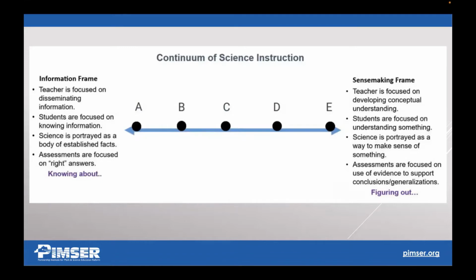This framework for learning science often created misconceptions about what science is and how it works. It made it seem that science wasn't accessible to everyone. Using a sense-making frame, we're focused on understanding science concepts, not just facts, definitions, and equations. We're learning about the mechanisms that help us understand how the natural world works and how we've come to figure